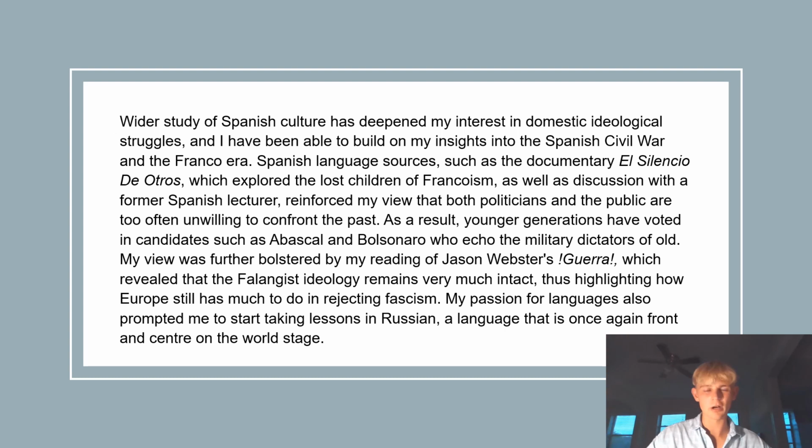And I guess just the last thing with this paragraph, because it's probably something you've noticed, is this little sentence about Russian on the end. The reason I did this is because with my Durham application, I had the opportunity to take an extra module in Russian. So this is where this came from. The only thing I would say about this is that obviously it's a little bit different to the rest of the paragraph. However, again, what I've tried to do is at least find that connection so there's a bit more flow. In this case, I've been talking a little bit about Spanish language, and so there was a little connection there for the Russian.